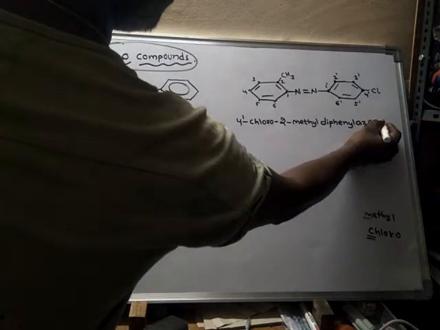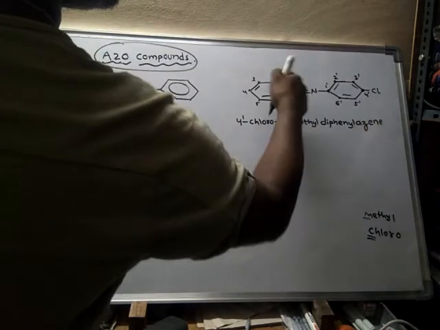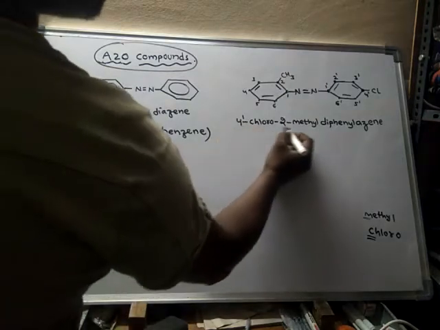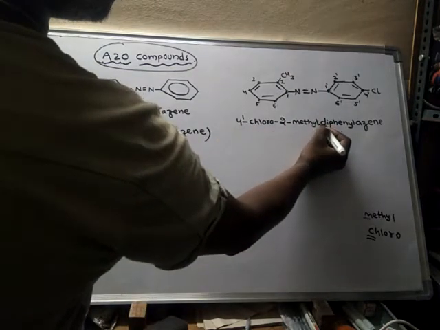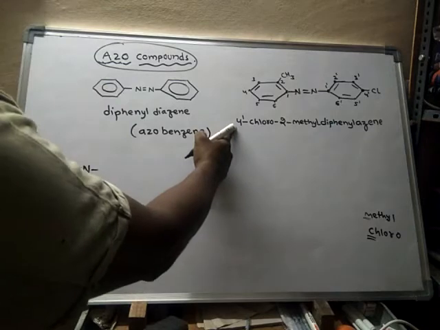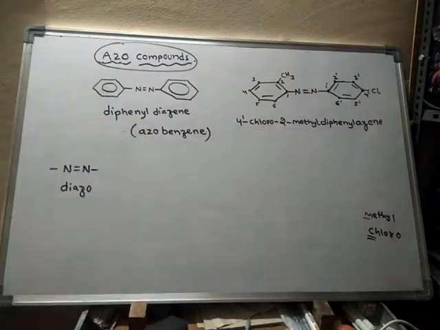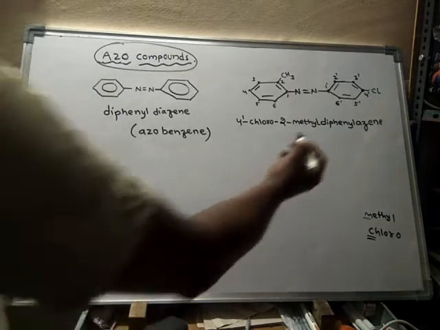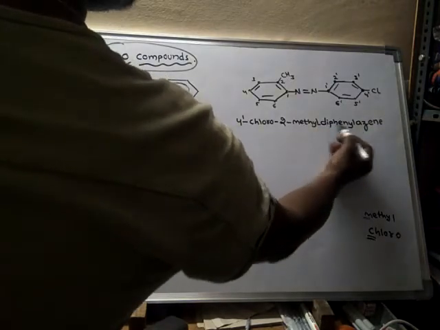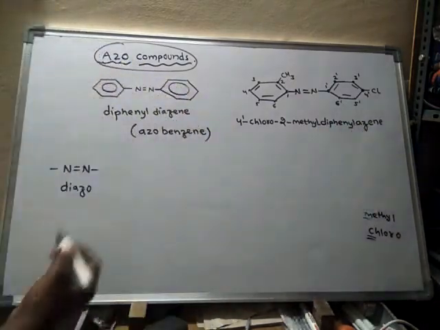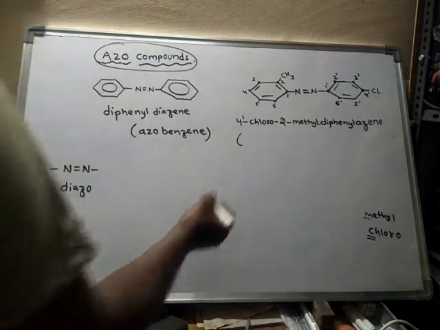On diphenylazine there are 2 substituents, and those 2 substituents are written. On 4 prime there is 1 substituent, and on 2nd carbon there is another substituent. So like this is the name of the compound. Or else, diphenylazine is also called azobenzene, so we may write the name like this also.